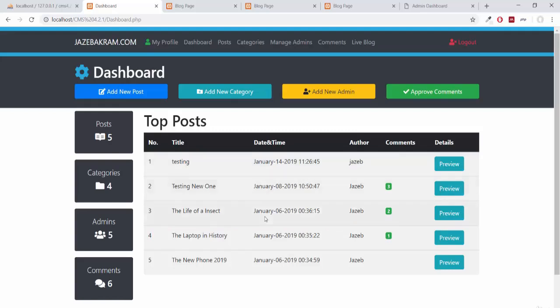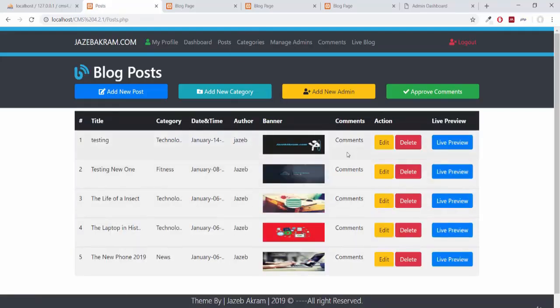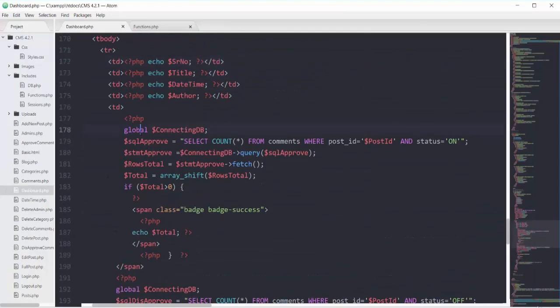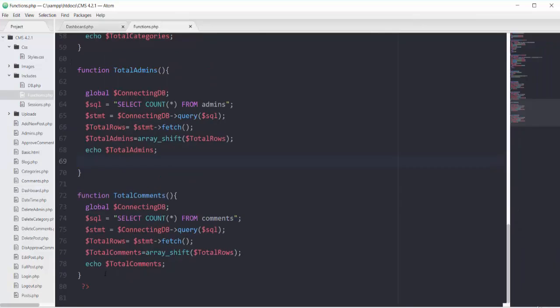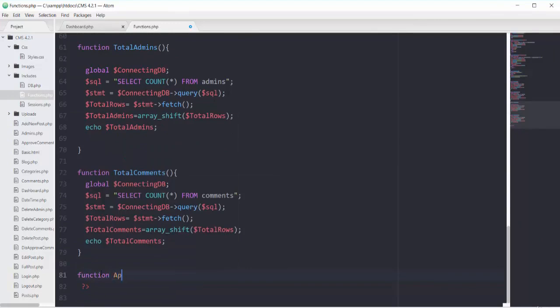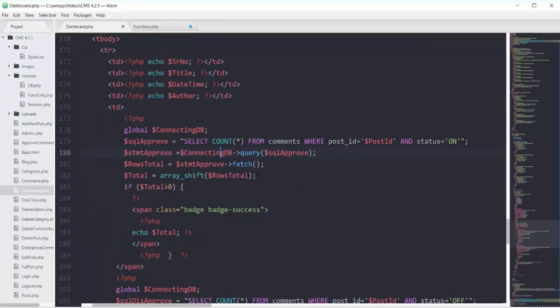So same as what we did here, we can also do the same thing for this post page, in which I have this comment section. But before doing that, I think it would be best if we put all of this PHP in the form of a function in our functions.php file. So here in my functions file, I will define one function with the name approve comments according to post. So I will cut all of this code, but not the if condition,